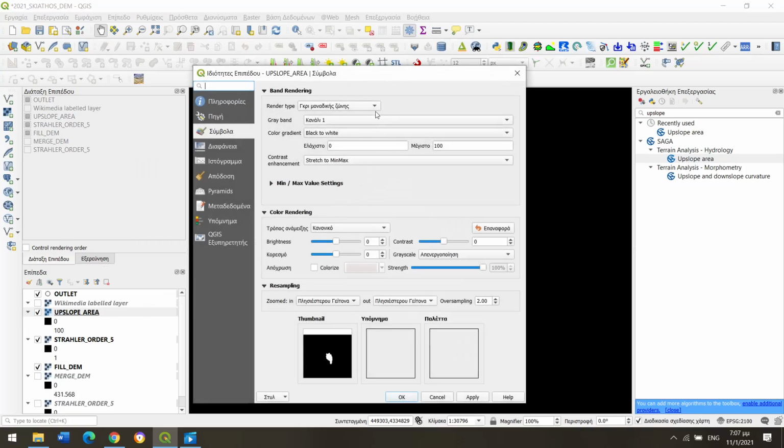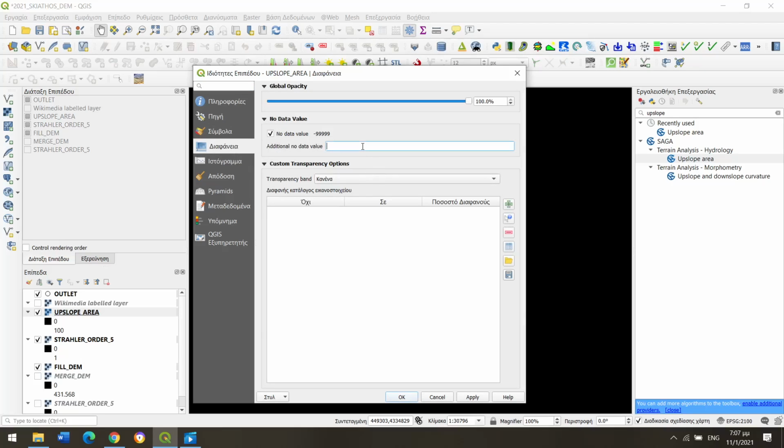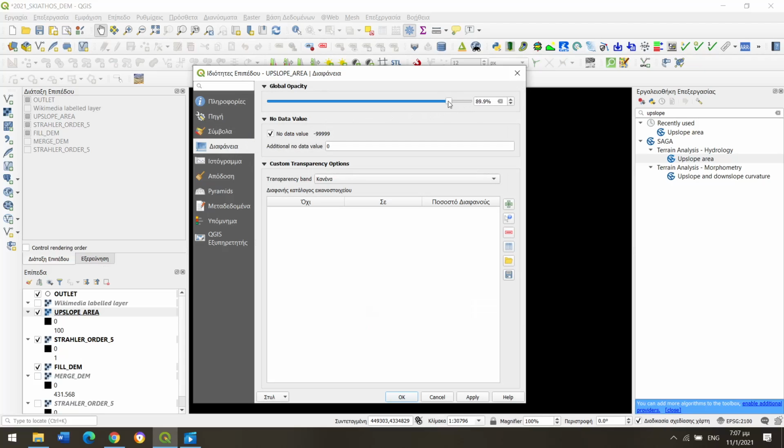So we have to do properties. We have to change the render type to paletted unique values, and we have to go to transparency, and it's very important to do additional no data value 0, which means that all points with value 0 will be eliminated, will not be seen, and we can also put some transparency to the points with value 100